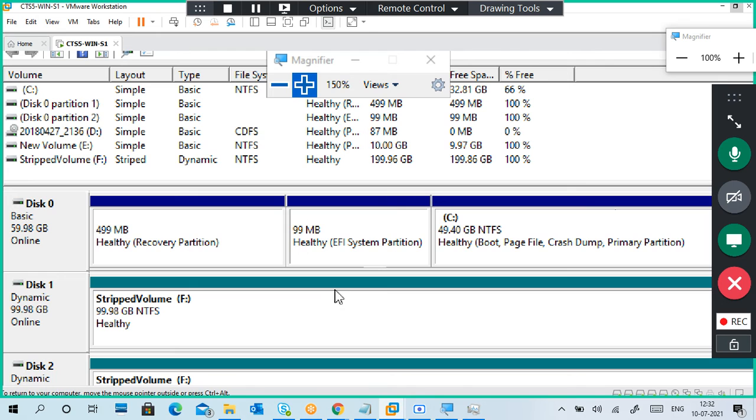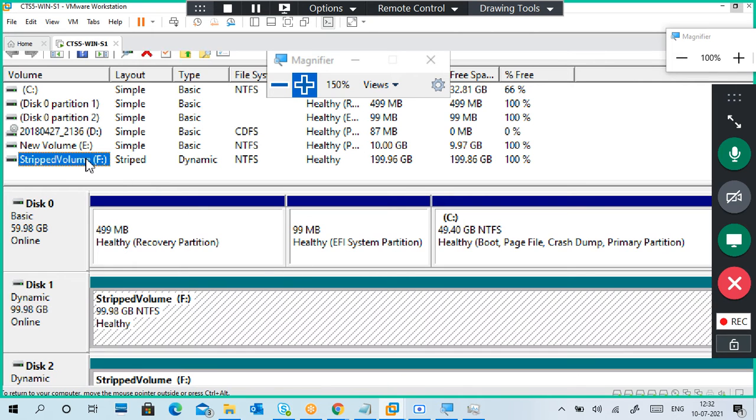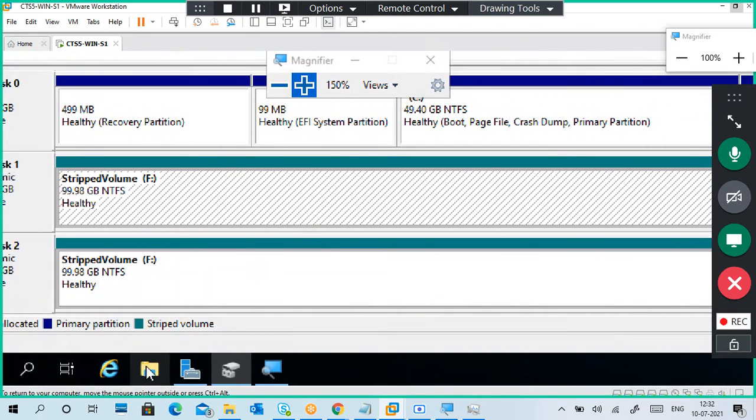Can you see the F volume is 200 GB, the type is dynamic, and the layout is striped.